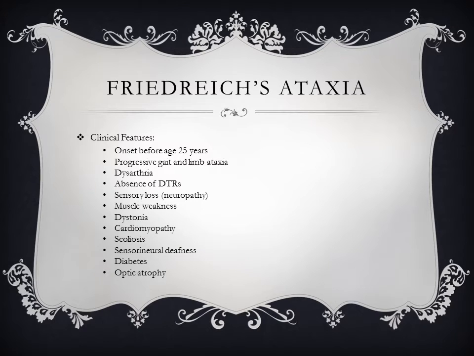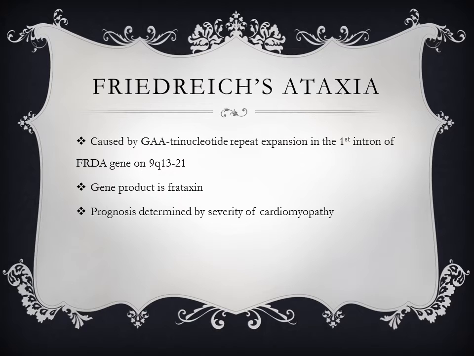Our next ataxia is Friedreich's ataxia. The clinical features include an onset before 25 years of age. They have a progressive gait and limb ataxia, dysarthria, absence of reflexes. They have a sensory loss due to neuropathy, muscle weakness, dystonia, a cardiomyopathy, scoliosis, sensorineural deafness, diabetes, and an optic atrophy. It is caused by a trinucleotide repeat of GAA